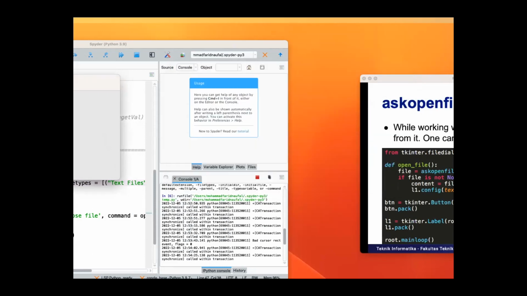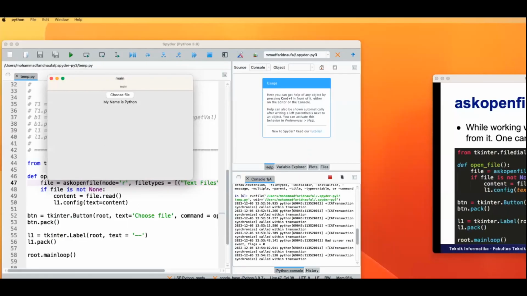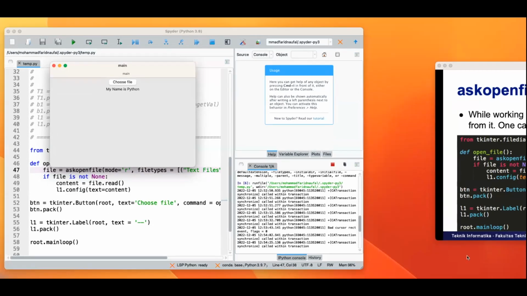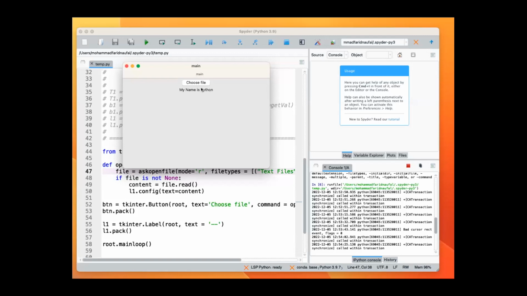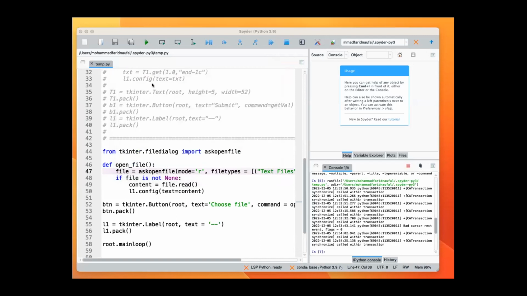Then as you can see, we can show the string values inside our files, right? Hello, my name is Python. Okay, my name is Python, not hello. There is no hello. So this is how to read the files from our directory by using tkinter. Okay, so the next one is